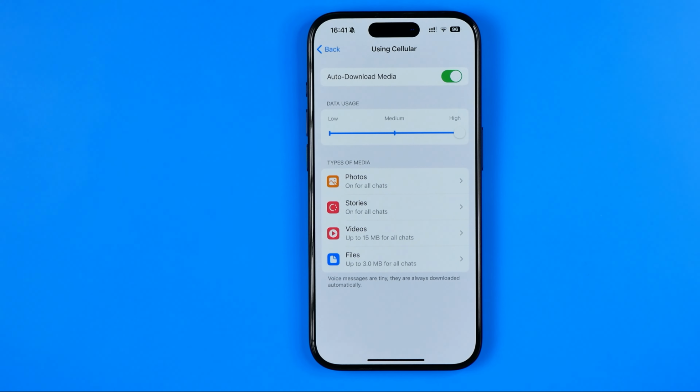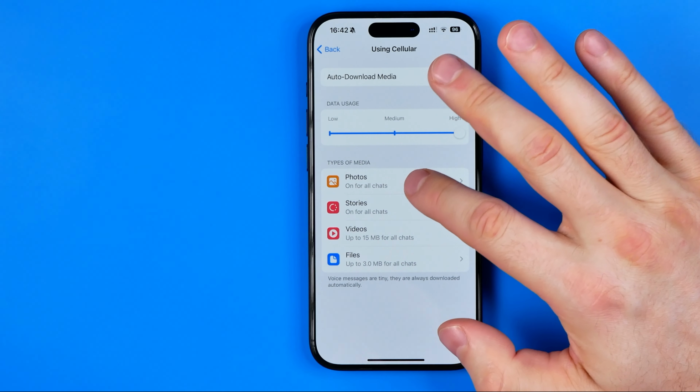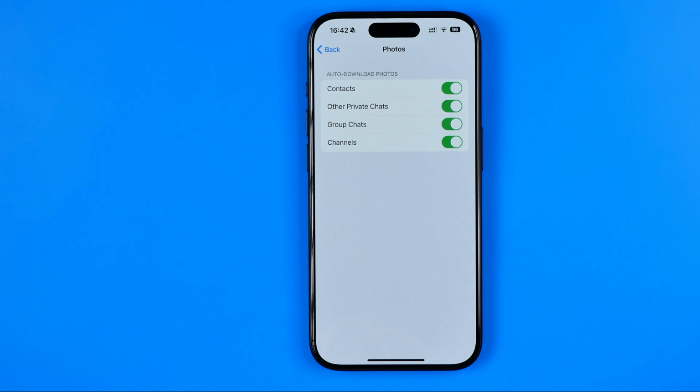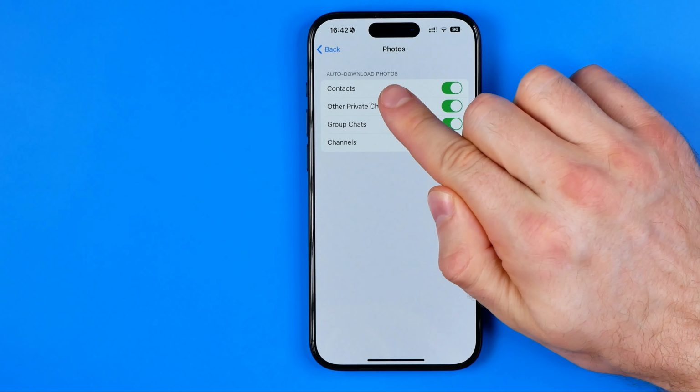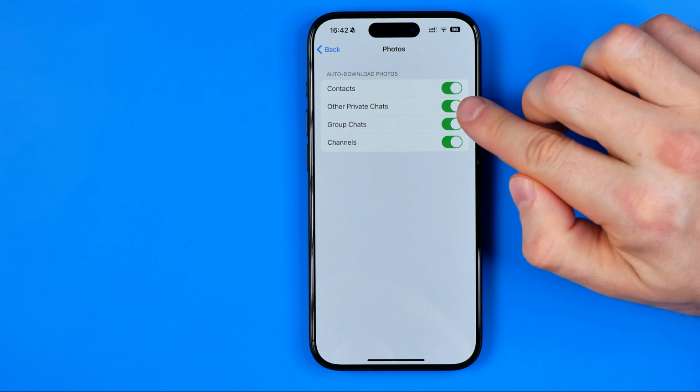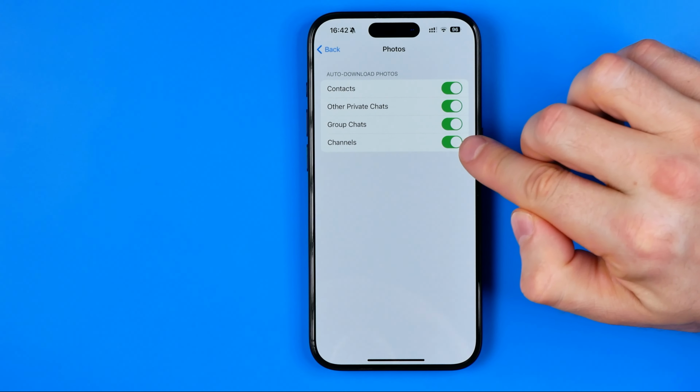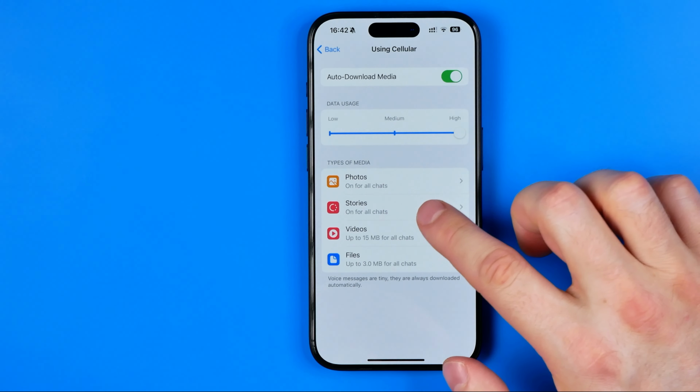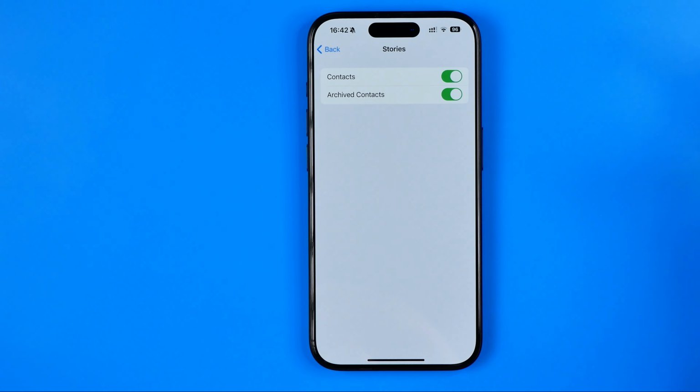the types of media. Let's say we can get into photos, and here we can configure for which types of contacts we would like to enable auto download photos for. We can select contacts, other private chats, group chats, and channels. And then we can also configure stories,